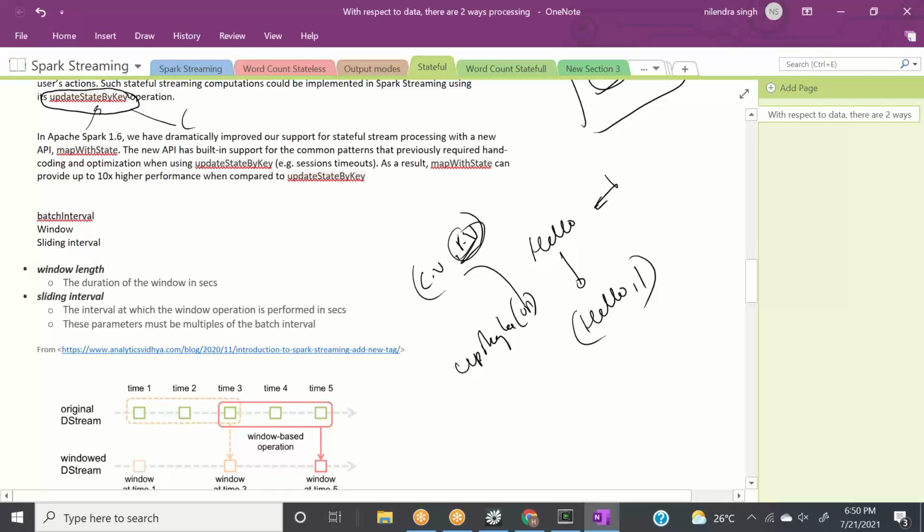Nothing, null. So if we are not using Option and we add current value plus previous value, it will be a null pointer exception, right? And that's where we put this into Option, or we call this previous value an Option, right? So for the first time, it has nothing, so it will give us hello comma 1.